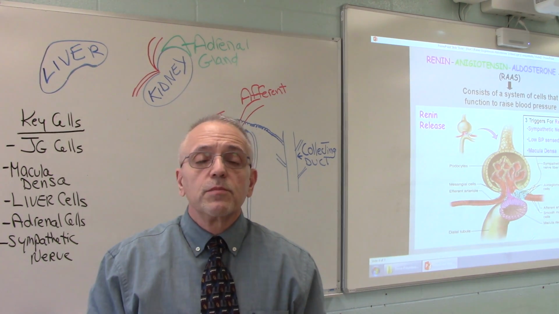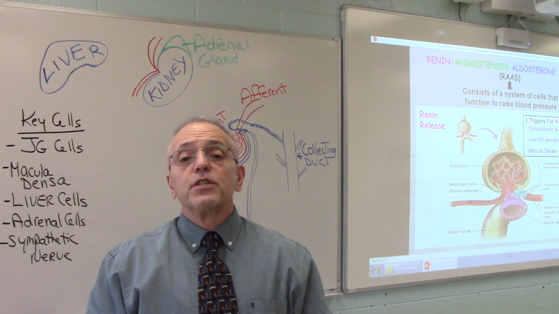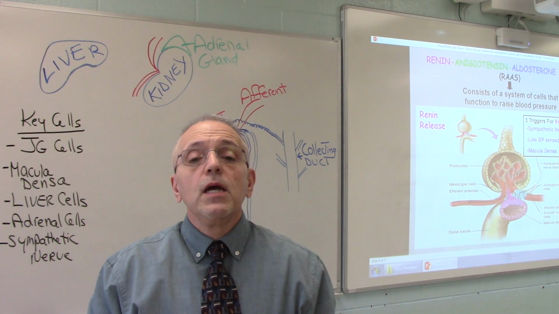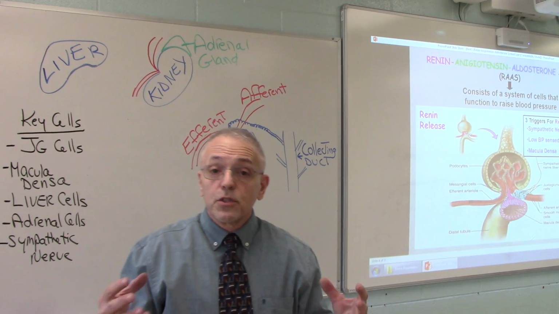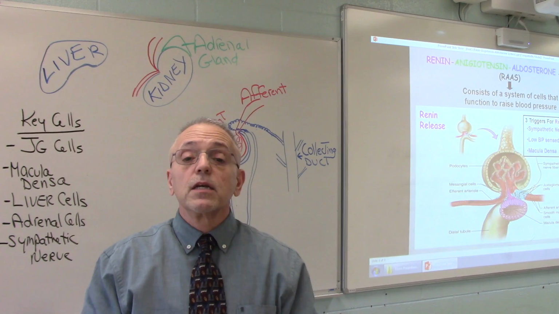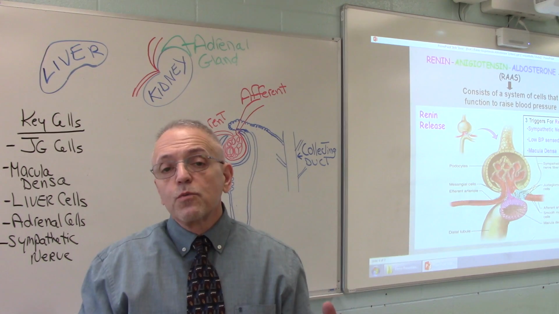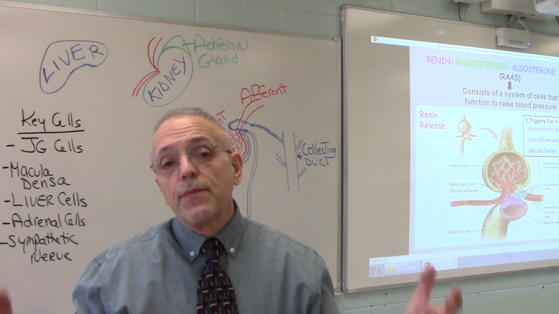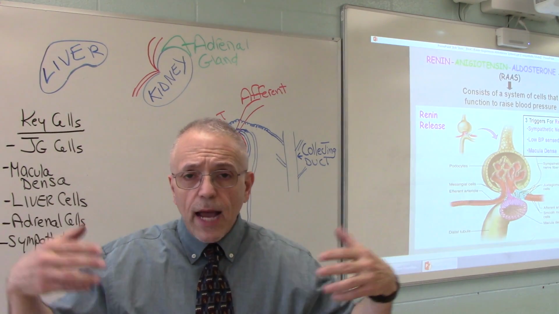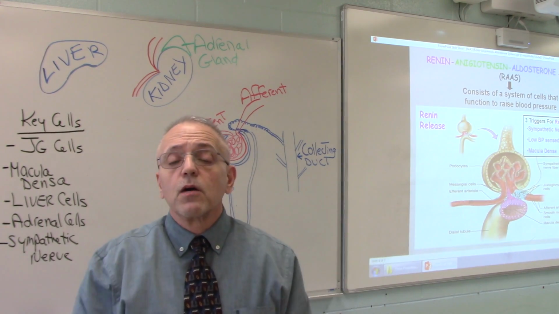It's a communication system that delivers quick and rapid responses. When there's a need to adjust blood pressure in a rapid way, the nervous system can cause the smooth muscle in the vessels to contract, and that's going to cause constriction, or it can cause the smooth muscle layer to relax, and that's going to cause vasodilation. All right? So that's kind of like how the nervous system plays a role in the systemic regulation of blood